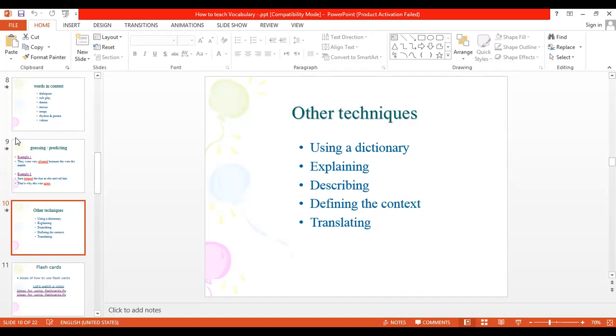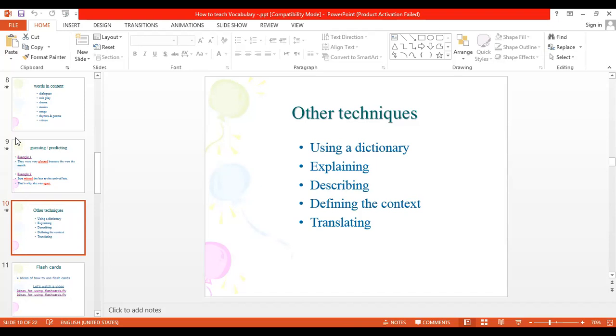I let them make a dictionary, like Miss Fatma said. I said that I want a separate classroom notebook, and you can just draw or gather some pictures together. I want you to form for me a dictionary of the new vocabulary that you have learned throughout the term. And guess what, Mr. Mustafa? Most of the